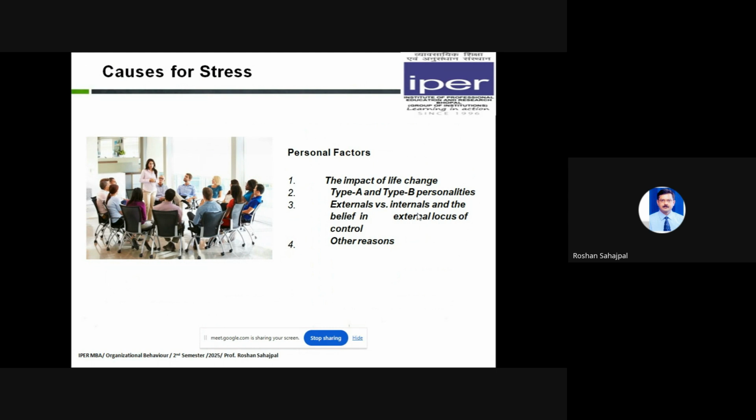देन टाइप ए एंड टाइप बी पर्सनैलिटी. Type A are people who are having a very positive outlook, they're optimistic, and type B are ones who are negative, or you can say they're pessimistic, so they will also always have a negative view of life. But the optimist type A will always have a positive outlook towards life. So what kind of personality a person is, that will also have a bearing on his stress level.